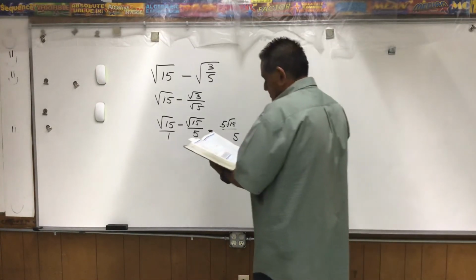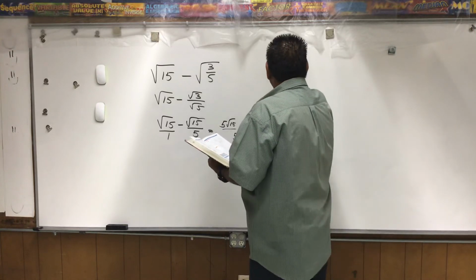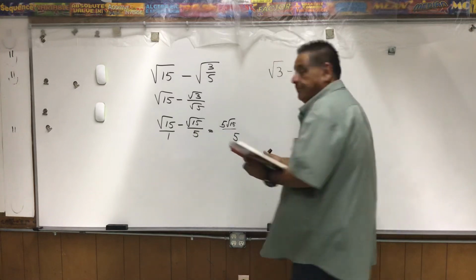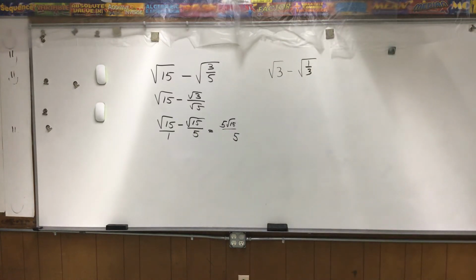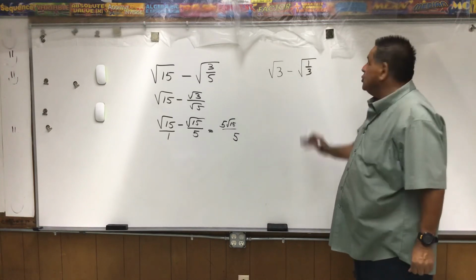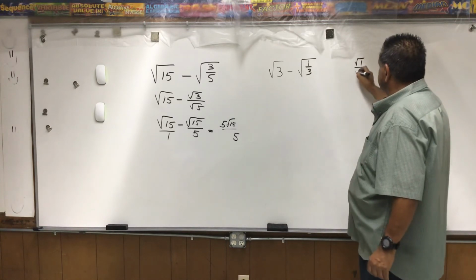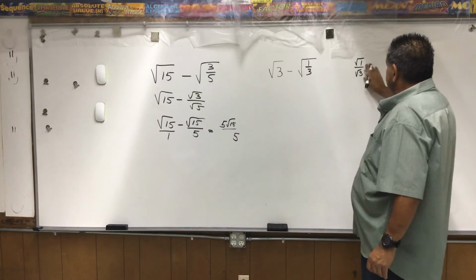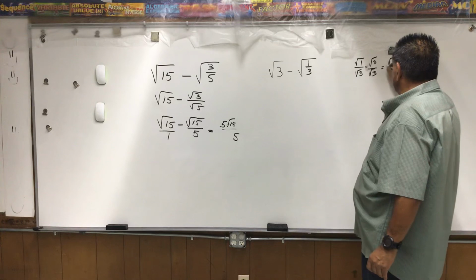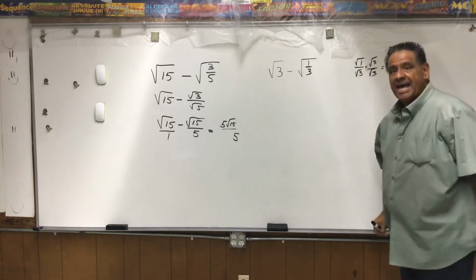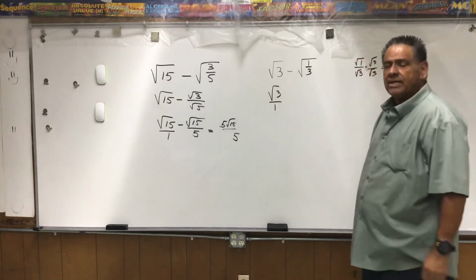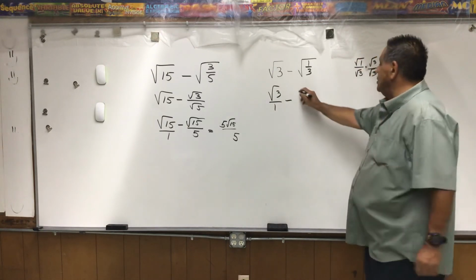All right, how about this one? Radical 3 minus radical 1/3. Okay? So what's your issue? You should have said, hey, I got a radical in the denominator. So on the side you can rewrite it like this. Okay? You're going to rationalize by multiplying times radical 3. So my answer is going to be radical 3 over 3. So I've just renamed that. So I have radical 3 and put it over 1, so that way you don't get confused, minus, rewrite it,